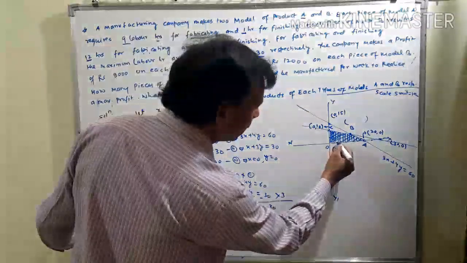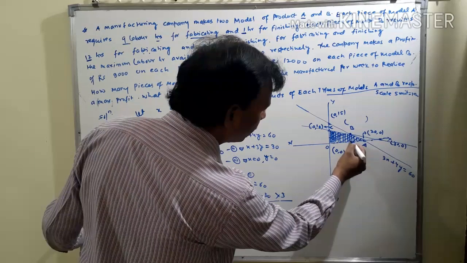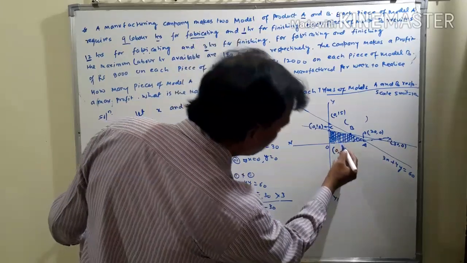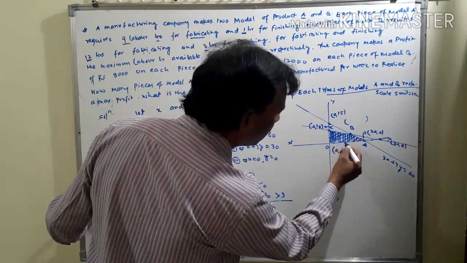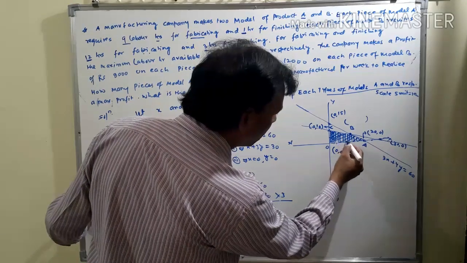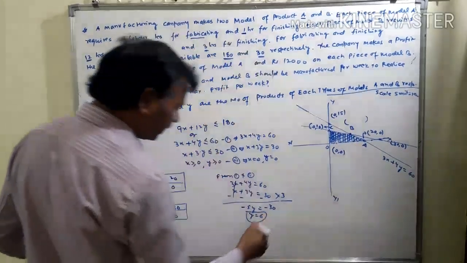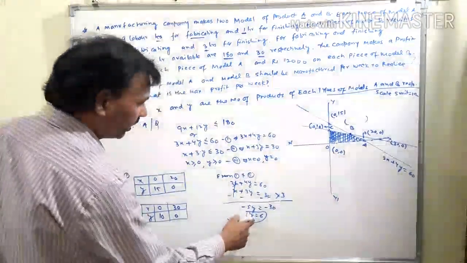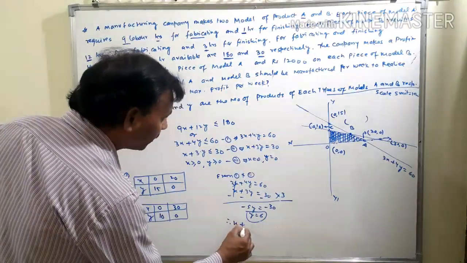Minus 30 divided by minus 5 gives 6. This is the 6. Therefore, to find x, putting the value of y in this equation, x plus 3